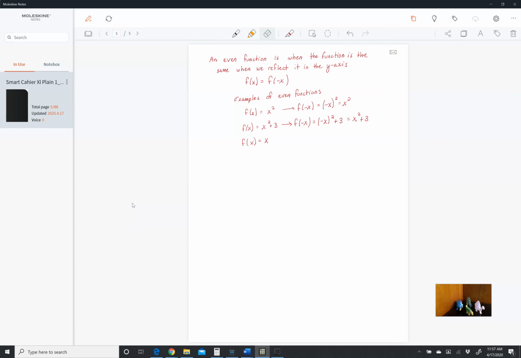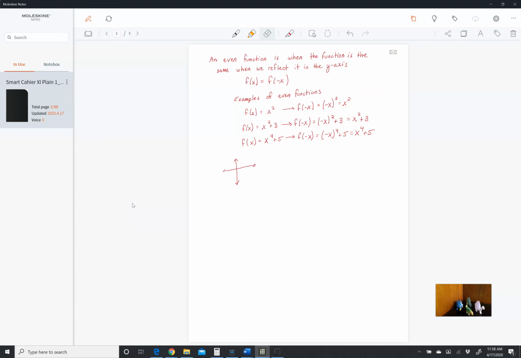The same thing would be true of any function where you have x raised to an even power. Negative x to the fourth is just x to the fourth. Okay. Another example, if we look at it graphically,